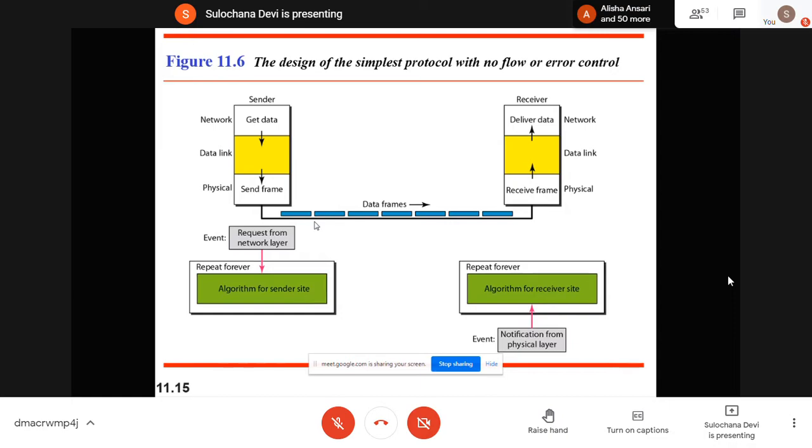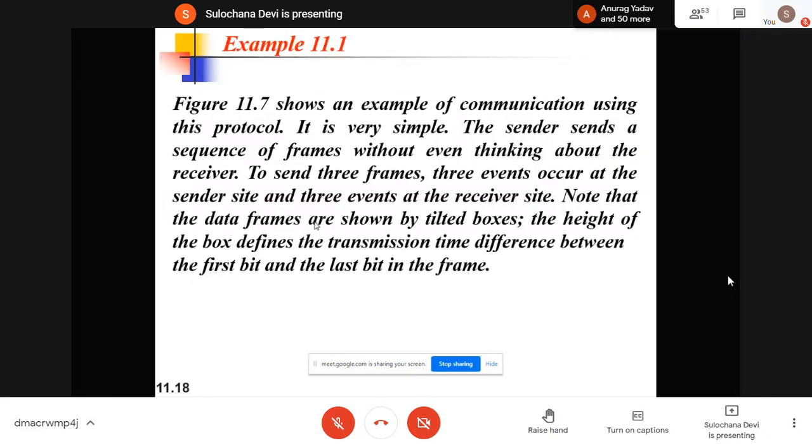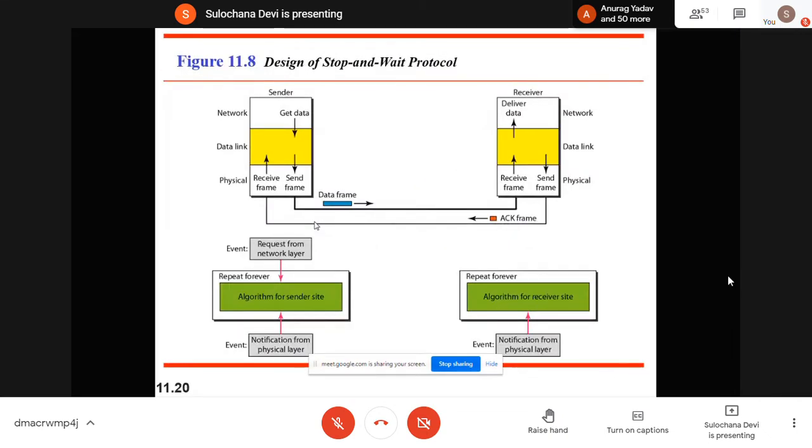Next is stop and wait. Here we have to wait for the acknowledgement from the receiver. When you are expecting acknowledgement, then you have to give a sequence number also. If you are continuously sending all the frames and your frames will not be lost in any case, then even if you are not putting a sequence number, that is okay. We don't need any sequence number, because our data is going in sequence, no frame is lost, no frame is corrupted, and we don't want acknowledgement either.